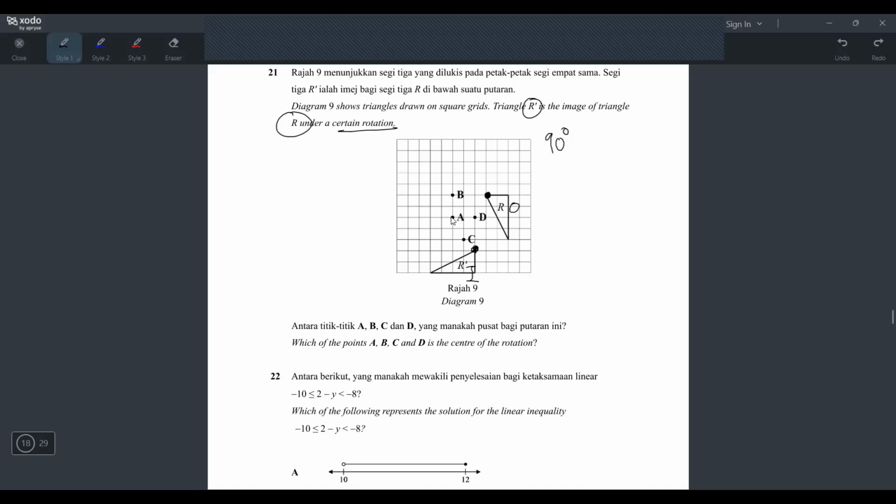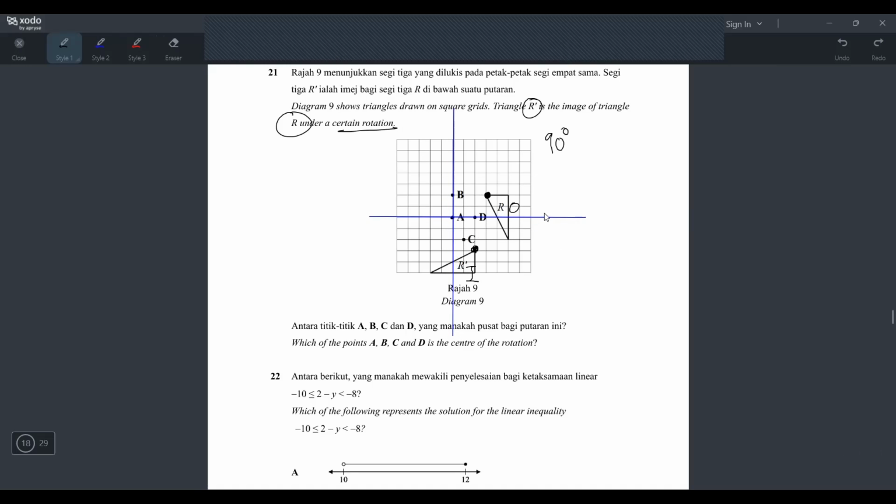So let's say your center is A, right? This is horizontal 3, vertical 2. It means when you terbalik, you have to be horizontal 2, vertical 3. So if your center is A, okay, let me draw nicely using the straight line. So if your center is A,